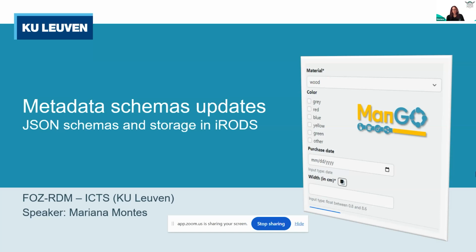Okay, I'm Mariana Montes. Some of you already know me. I've been talking about metadata schemas for the last 2 hours UGM, and I come back again to give more updates about these metadata schemas. I did that as a subtitle, JSON schema as format and storage in iRODS, but I will focus mostly on